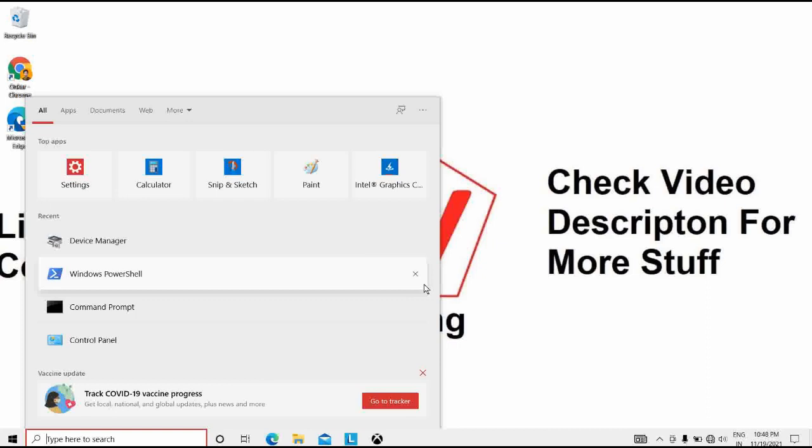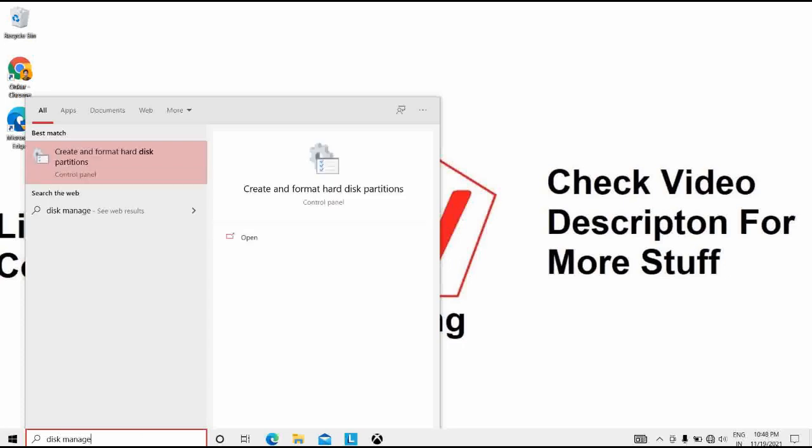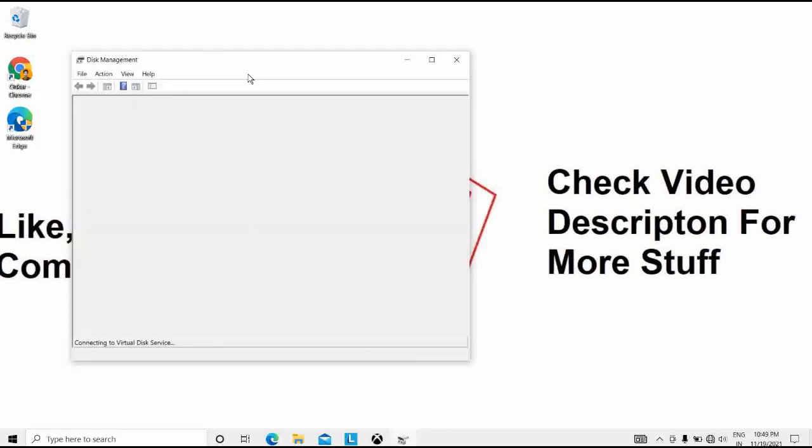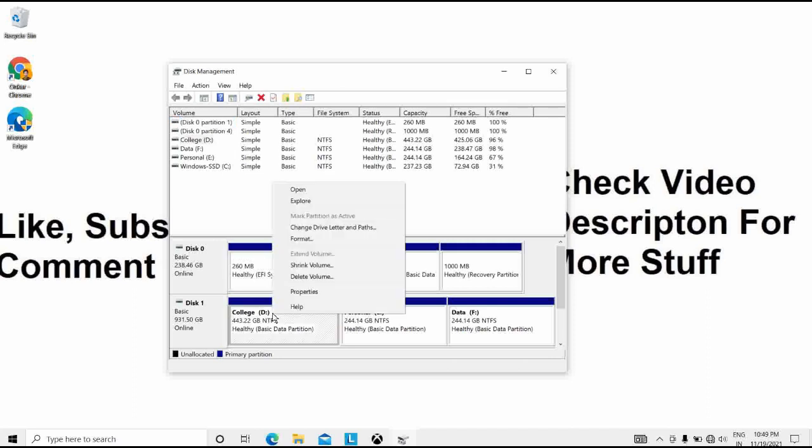Create and format disk partitions, that is Disk Management. You can type here disk management and open. After this it will be open here. Once Disk Management loads, scroll down to see your disk appear in the list. Clean the disk and start from scratch. You can click here, format this and start from scratch.